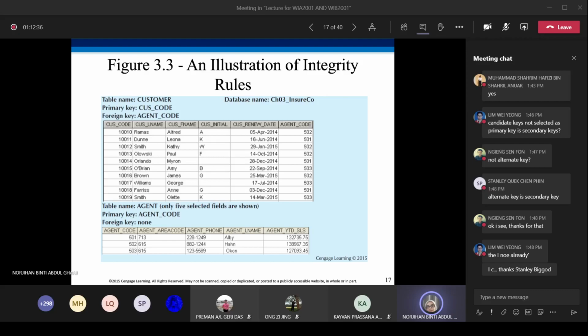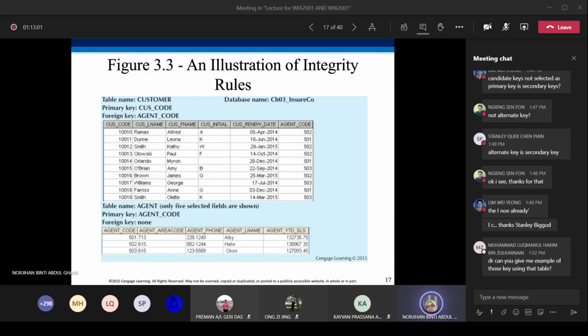So there are two entity integrity rules that you should know. The first one is that the primary key cannot have a null value, and the second is that the foreign key may have a null value, or its value must match the values that we have in the parent table.